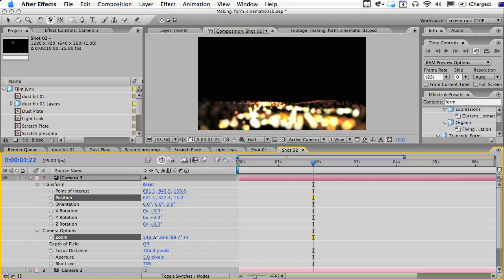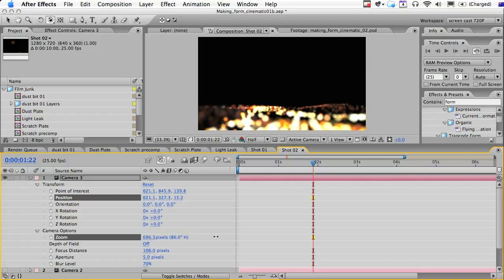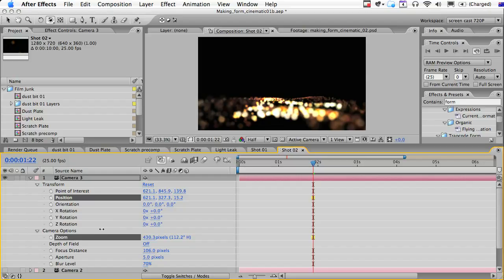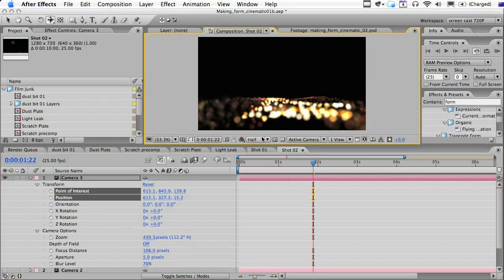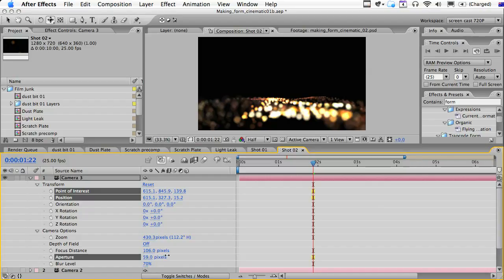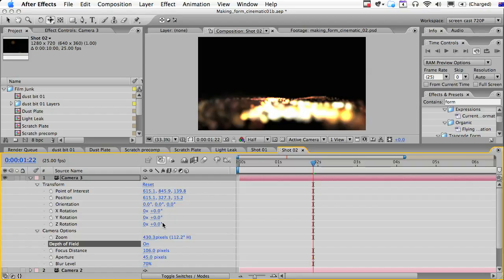So I might just change this field of view. Maybe make it a little bit wider. And then change the aperture here. Of course, I probably need the depth of field on. And you notice Form does interesting things when you have the depth of field on, because you can get some